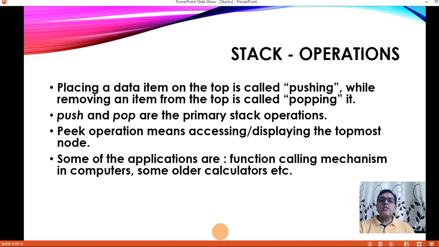Then stacks are actually used in the function calling mechanism, which I told you. Then in some old calculators, the grocery shop person, if you have visited a particular store, while calculating the bill, they will add individual items. Then in the calculator there is a key from which it will check again the values of each individual item.